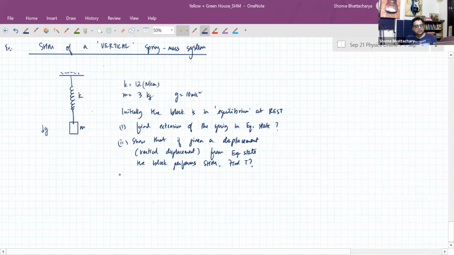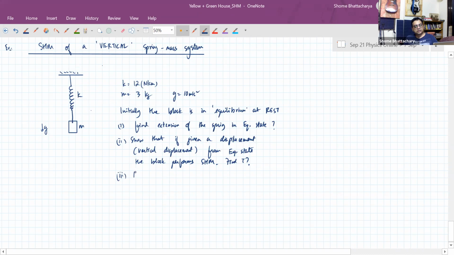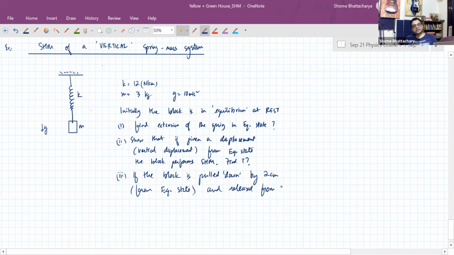And if the block is pulled down by 2 centimeters from the equilibrium state and released from rest